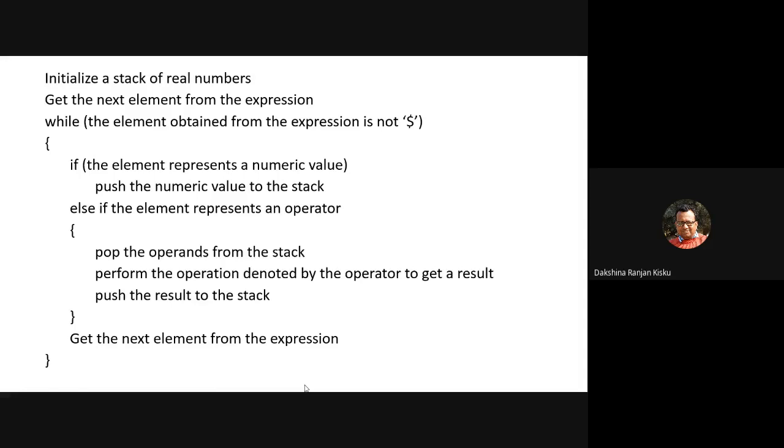Operands may be a numeric value, numeric variable, or numeric constant. If it represents a numeric value, then we push the numeric value into the stack.